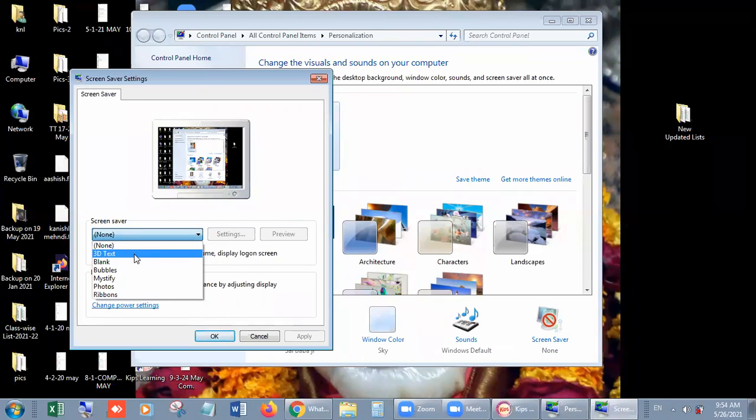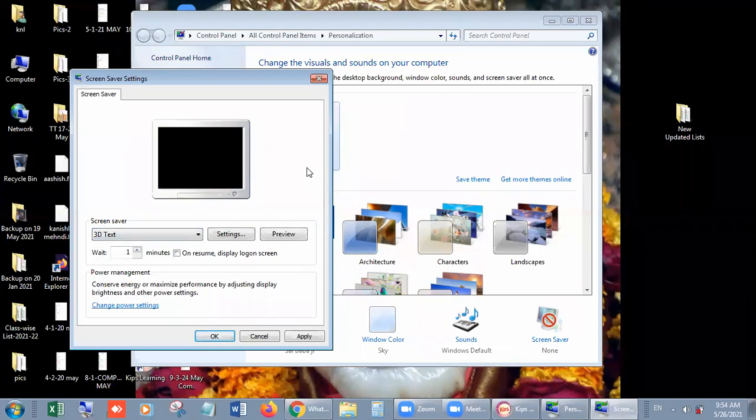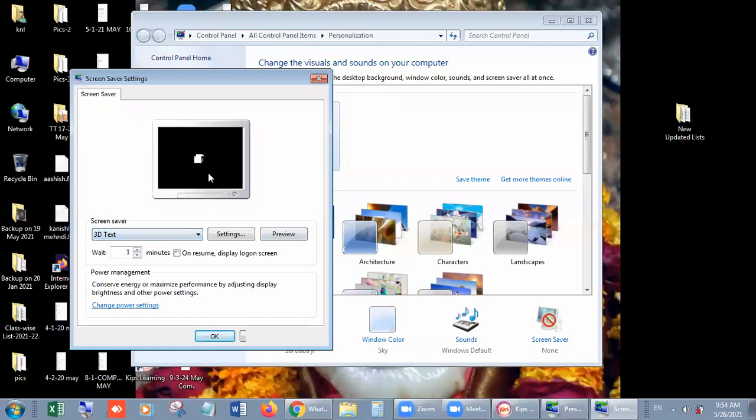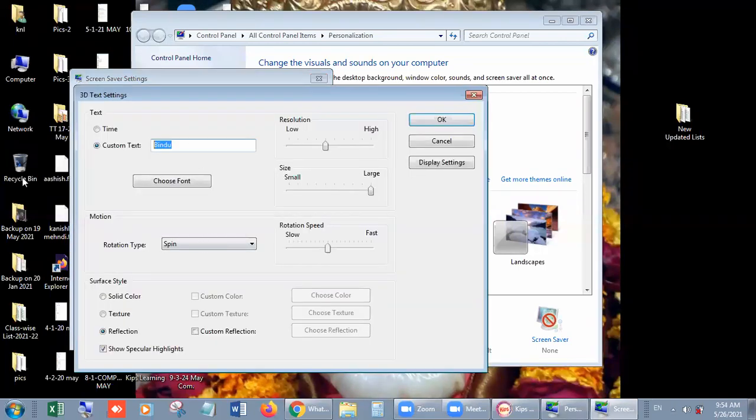That is called screensaver. Just like 3D text, you can click on preview to see the preview. And if you want to change the text, go on setting, and I am writing here Centurions.